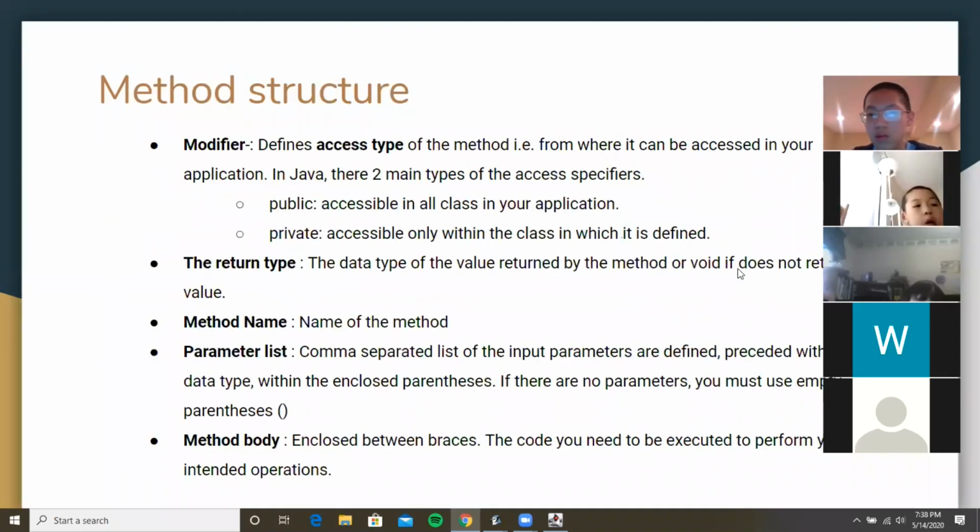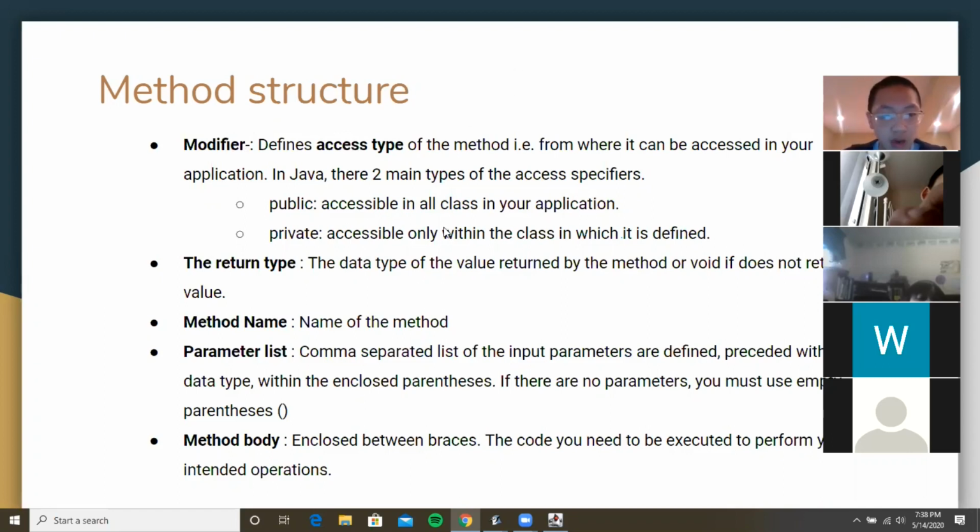So method structure is pretty complicated. We'll probably be going over this next class as well, but since we have a few minutes left, I'll start talking about it. A modifier is the type of a method. For the purposes of our class right now, we'll define the modifier as public or private. Public means that you can access it from other parts of other classes and methods.